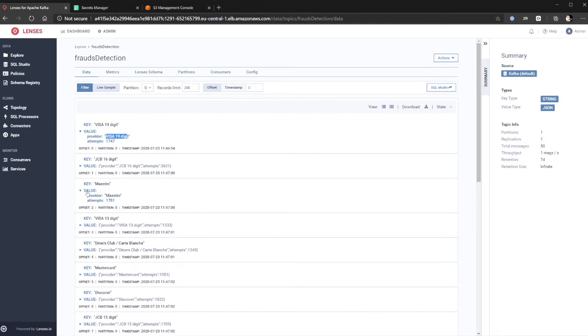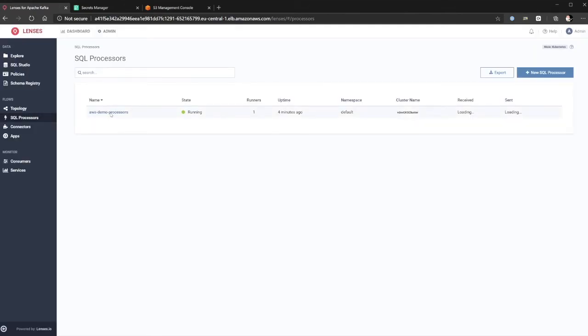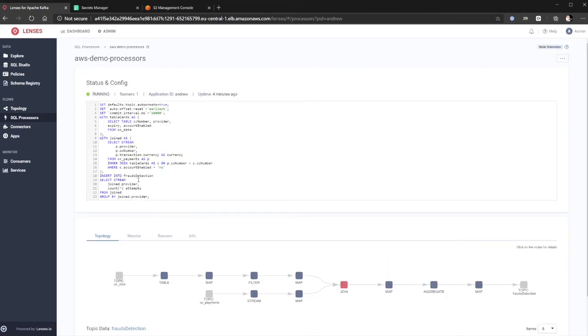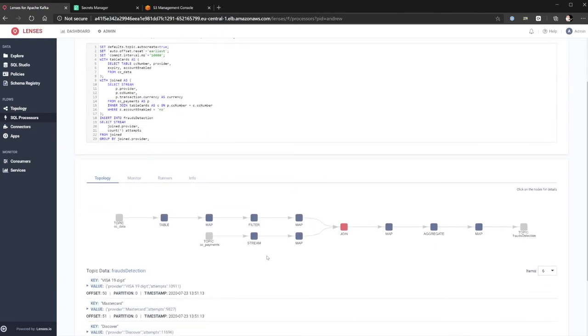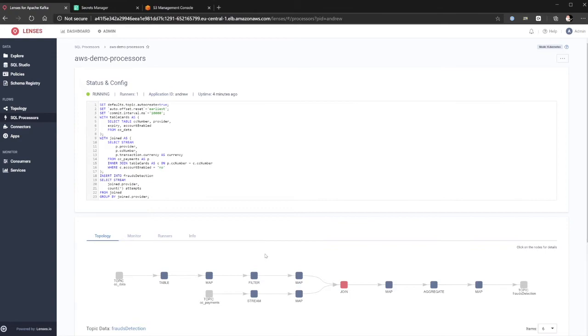It's not real data, it's fake data. But what it's showing you is that we can deploy a SQL processor into Kubernetes provided by AWS, join and aggregate data, write it back to Kafka,